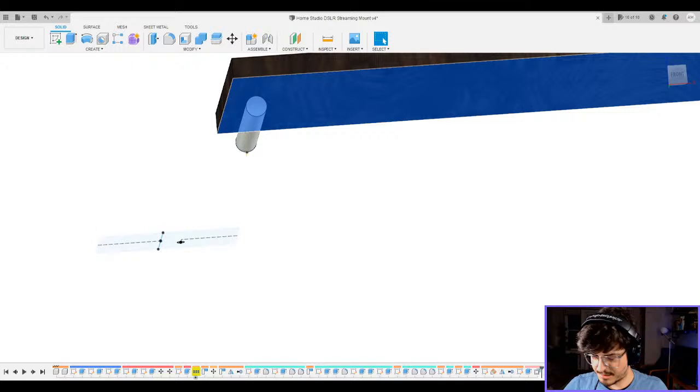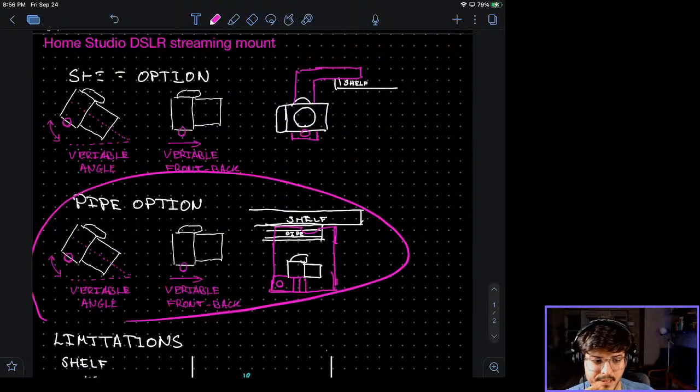Let's get into the tablet and let's start drawing. Let's get into drawing mode, and let's see what we can do here. All right, let's get into the drawing mode. And let's start doing something here.